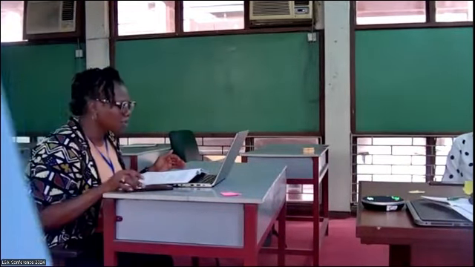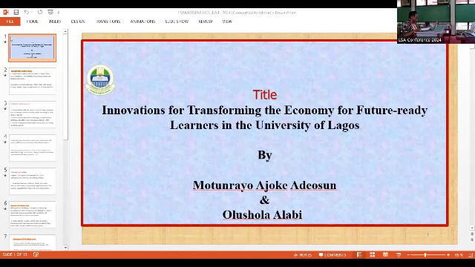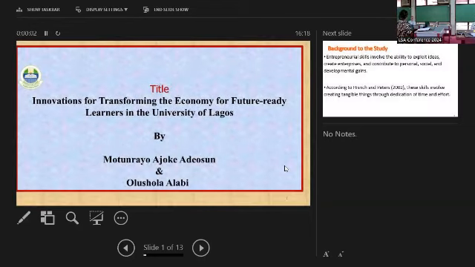They will be sharing their research on innovations for transforming the economy for future-ready learners in the University of Lagos. Let's jam our hands together for you.